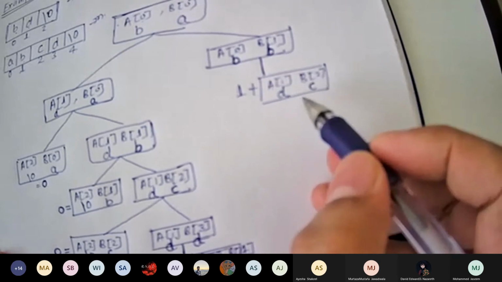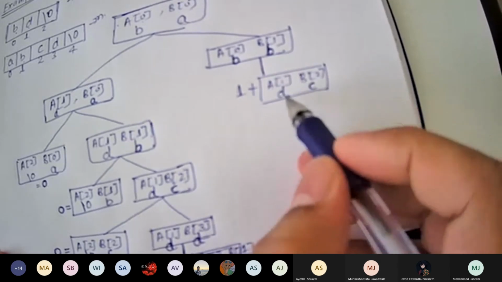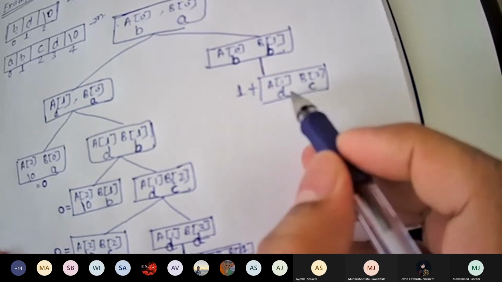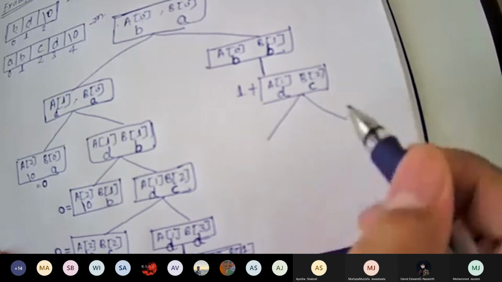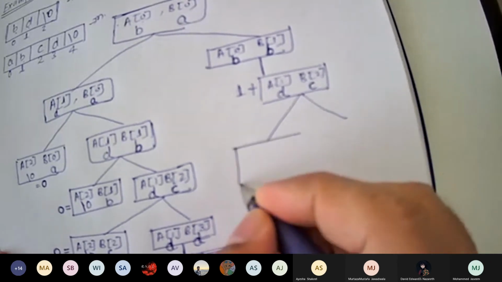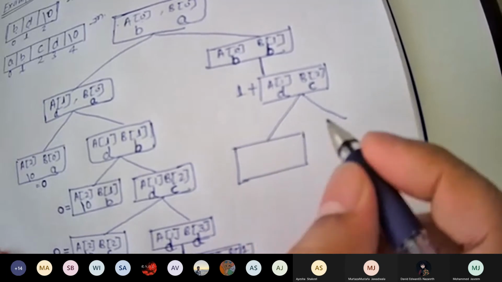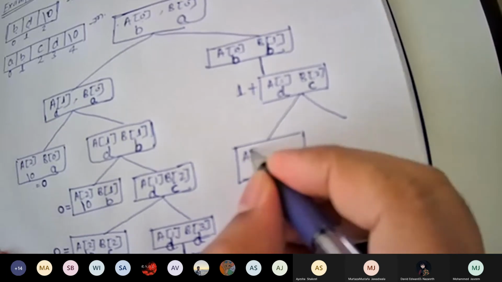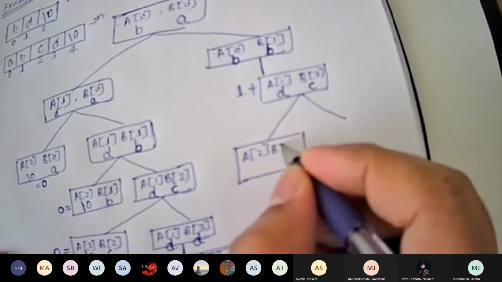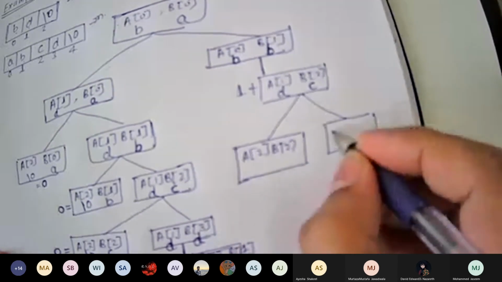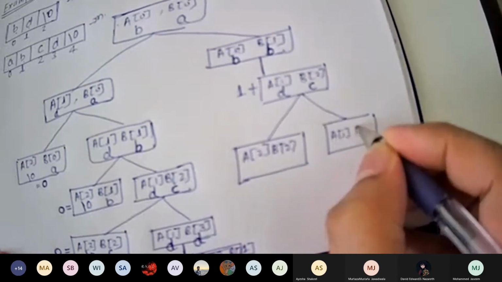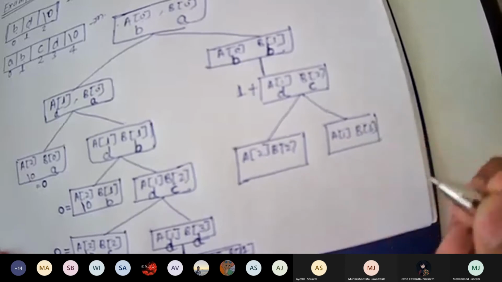So you will solve this now. Is it same? It's not 0 and not same. So here you will again get two parts: A2 and B2, and the other one A1 and B3.